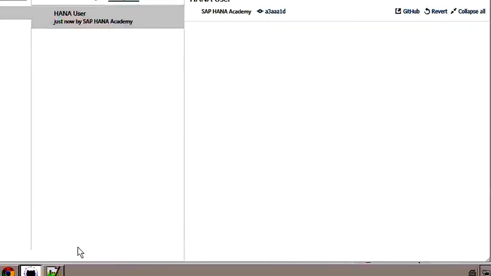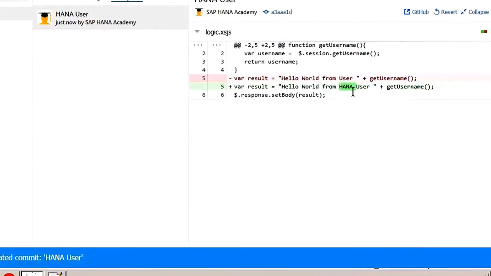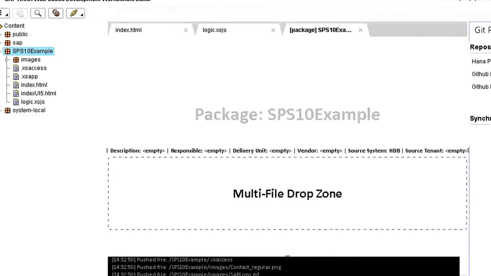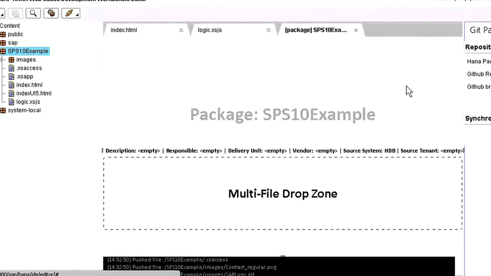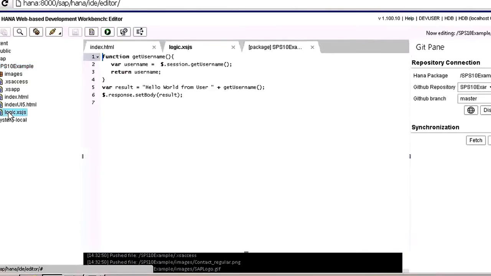Okay, so I'm going to say HANA user as our description. I now commit that and I sync it. So you can see the full changes that have been made, the versioning there. I can now sync that. And when that's done, what I'll be able to do in the web-based workbench, so let's go back there, is see that I've got the option to fetch if I want to get stuff back. So if I click fetch,